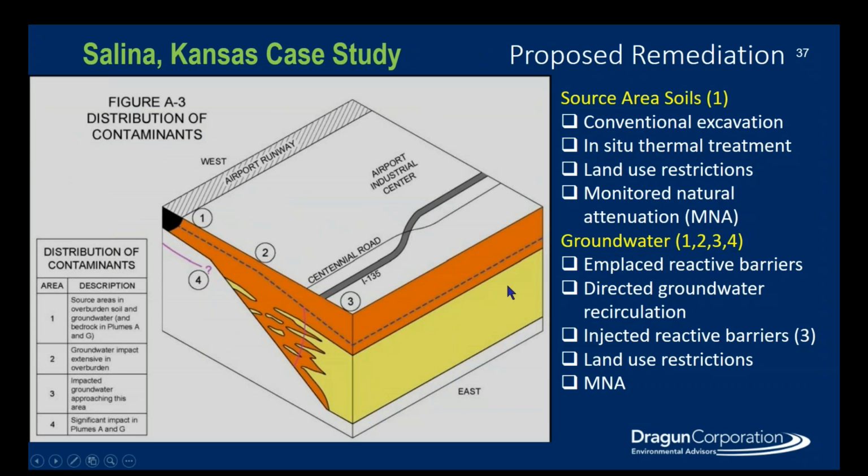So this is our proposed remediation. It's not a simple remediation. We've got various types of remedial approaches that are appropriate for conditions that we found. And as I said before, you have to take into account everything that's going on. So not just the geology and hydrogeology, but in some places we couldn't get access under buildings where sources were. So we had to place reactive barriers down gradient. In some places, we could inject barriers like the government wanted, but this is a very small part of the